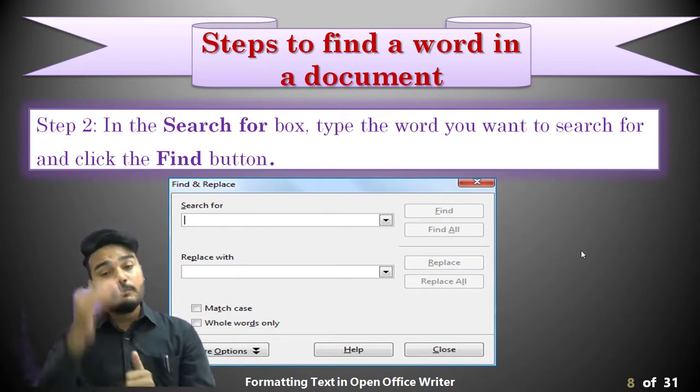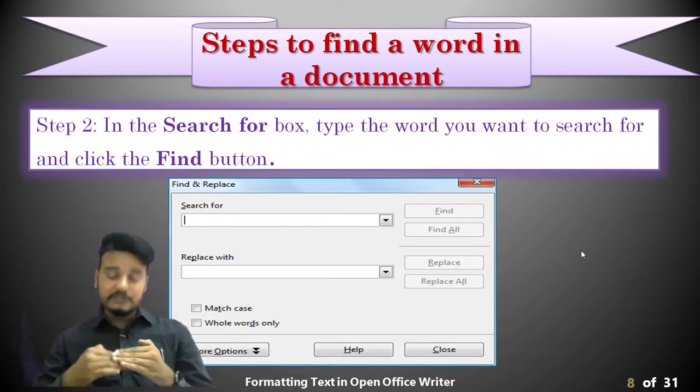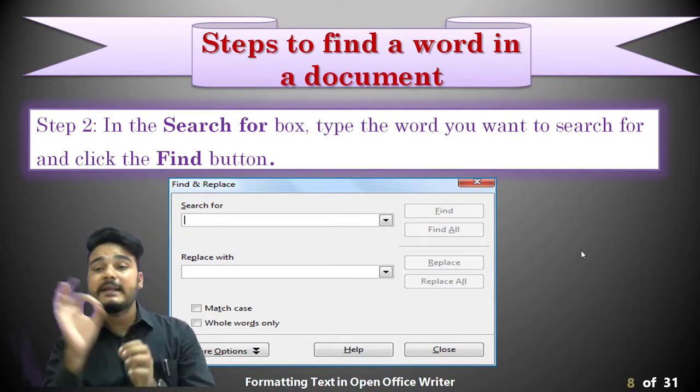Now below that, in the same find and replace window, another text box is there: Replace with.